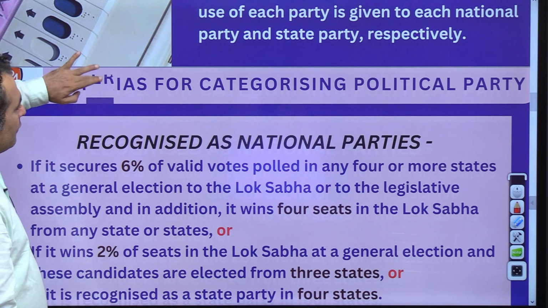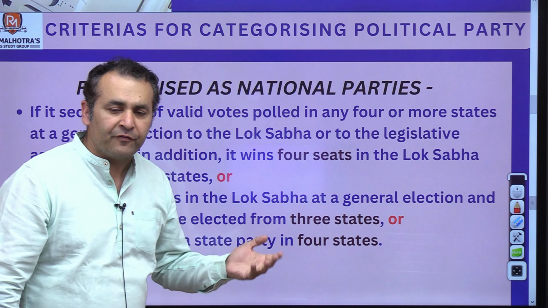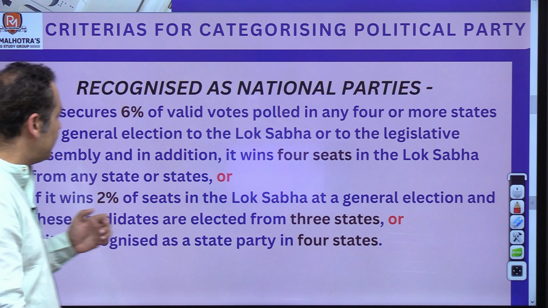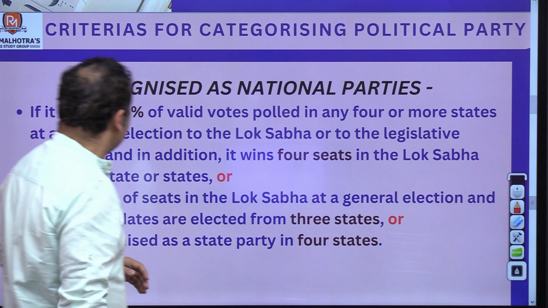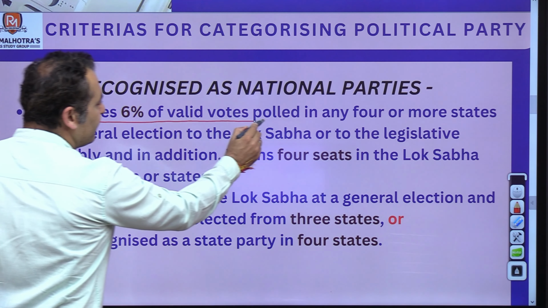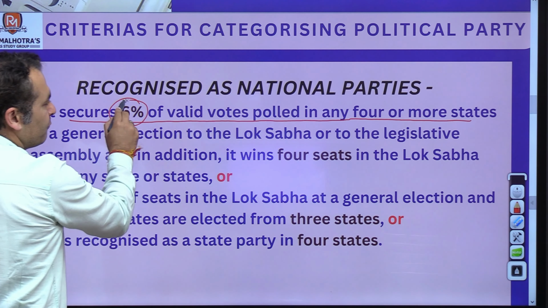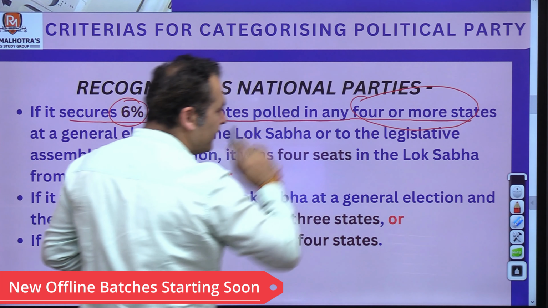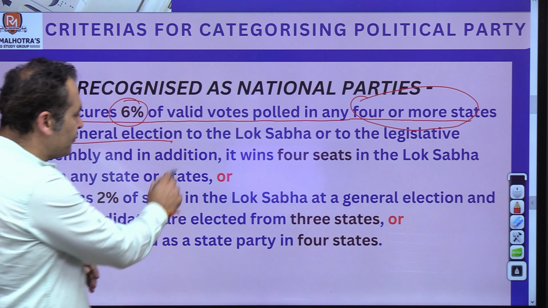Now, what is the procedure to recognize a party as a national party? Obviously, the next question that should come to our mind. So here the things that we have to keep in our mind: if a particular party secured 6% of valid votes polled in any 4 or more states, so 6% in 4 or more states at a general election, election to the Lok Sabha,